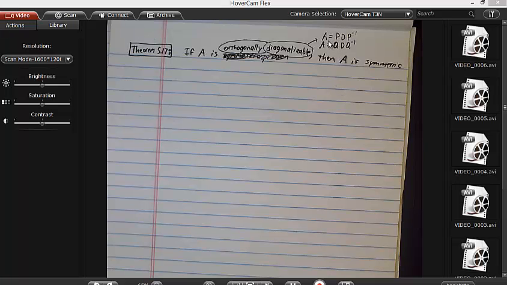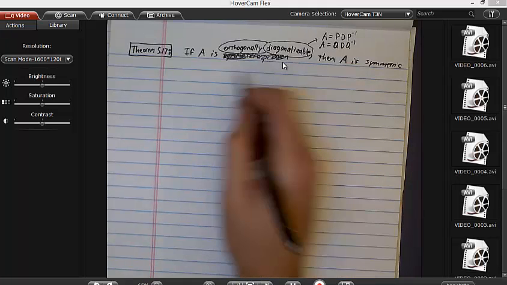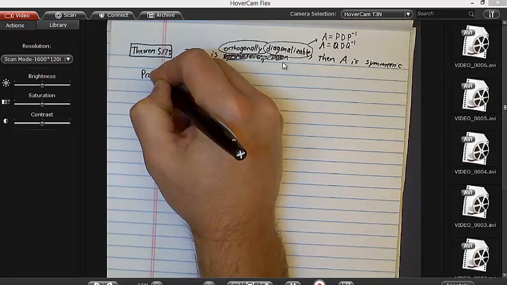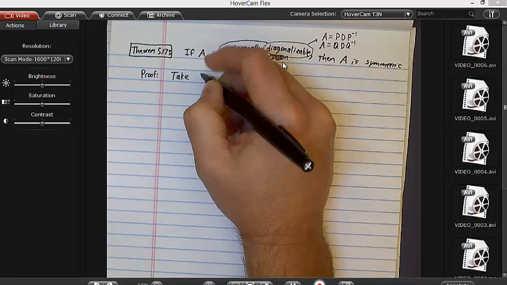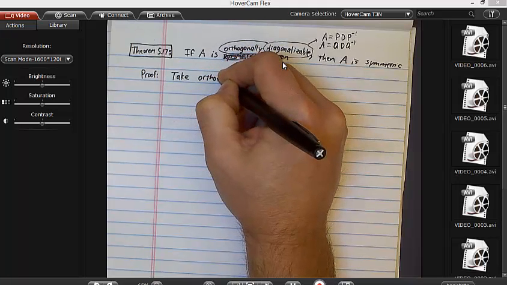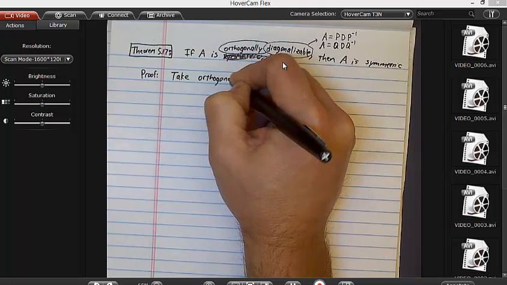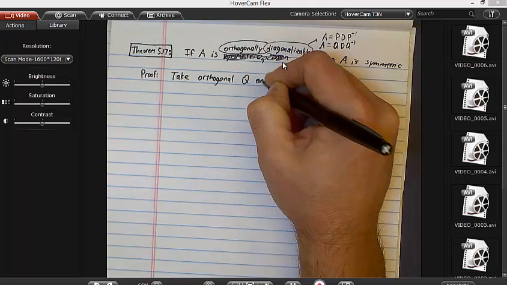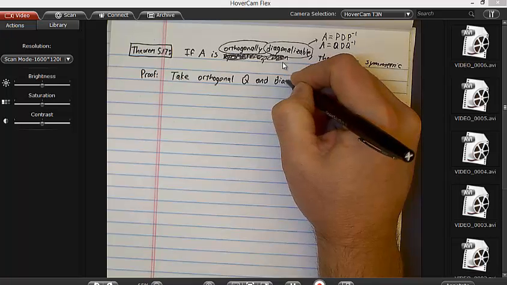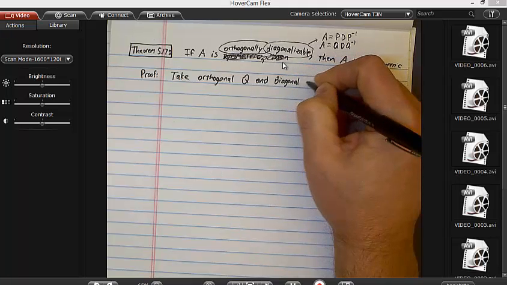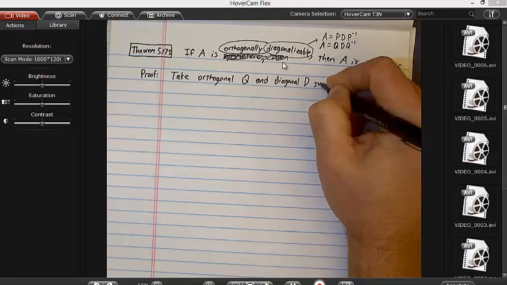Now that I know what it means to be orthogonally diagonalizable, I can try and prove the theorem. We're going to prove that if A is orthogonally diagonalizable, it has to be symmetric. So what we do is we take an orthogonal matrix Q and a diagonal D such that